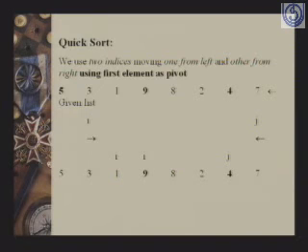So what we did, while moving from left to right, we found the first element in the list which is more than the pivot, namely 5. And while moving from right to left, we found the first element which is less than the pivot, that is 4 in this particular case. So in this process, we have found two elements in the list, namely 9 while moving from left to right, and 4 while moving from right to left. While moving from right to left, we are attempting to find a number which is less than the pivot. While moving from left to right, we are attempting to find a number which is greater than the pivot,